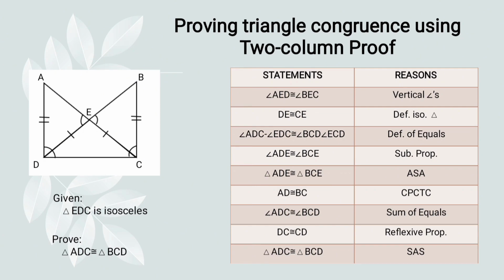Our second statement is DE is congruent to CE. So this one and this one is congruent to this angle. Our reason here is the definition of an isosceles triangle. So this is our given, right? Since this is isosceles,